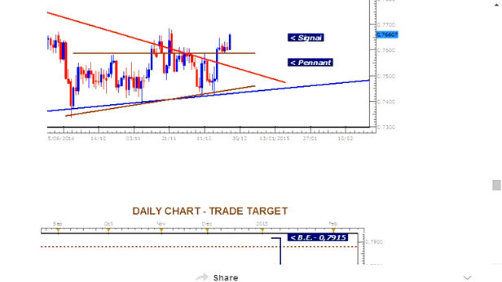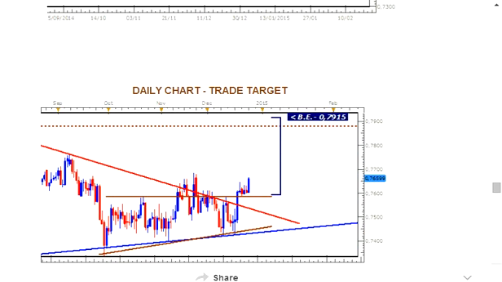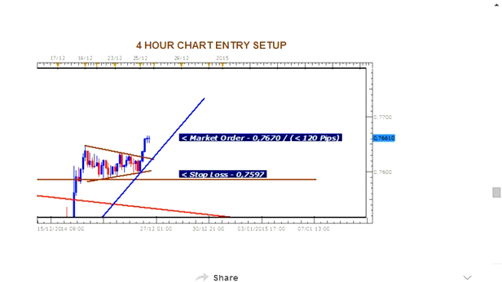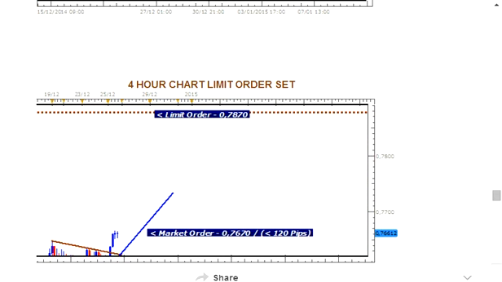Now, having identified the potential for this trade, I then identified the breakout equivalent for this pennant setup, and then set my targets with that in mind. Here we see on the 4-hour chart that my entry was set and my stop loss was placed below the small pennant setup that was on the 4-hour chart. My target was set at this area, which would coincide with the breakout equivalent,